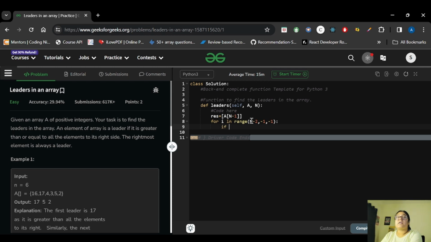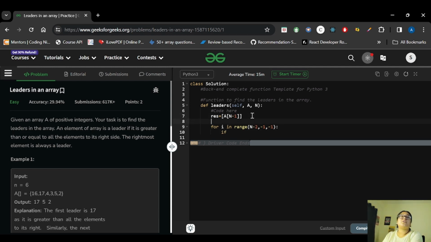Now one more thing, let me initialize maxi, right? So about this maxi, we will be initializing it with n minus 1. So let me do that also. Now if maxi is lesser than a of n minus, let's see first less than, then we will go through the other part, equals to.